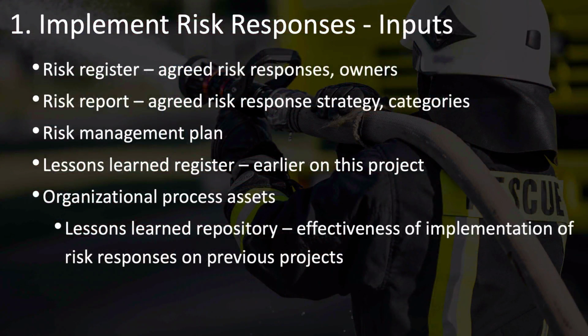So in order to implement risks, what are the inputs that you need? First and foremost, you have the risk register, which includes all of the risk responses that have been agreed to and the risk owners that have been assigned to each of these risks. In your planning processes, when you were doing all of this analysis, the qualitative and quantitative risk analysis, all of the results of that analysis aren't stored in separate artifacts, but in the risk register. So this is where all this information is about the risks. So of course, it's the first and primary item on the list as an input for implement risk